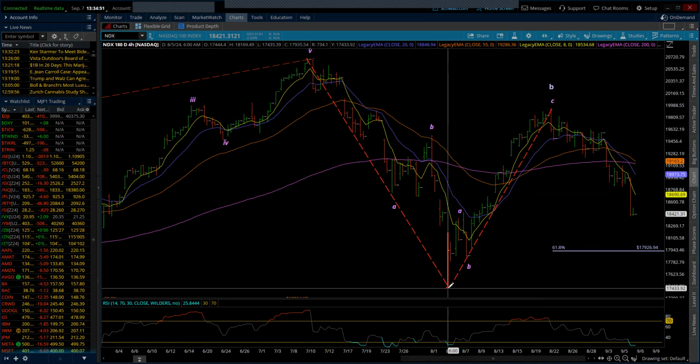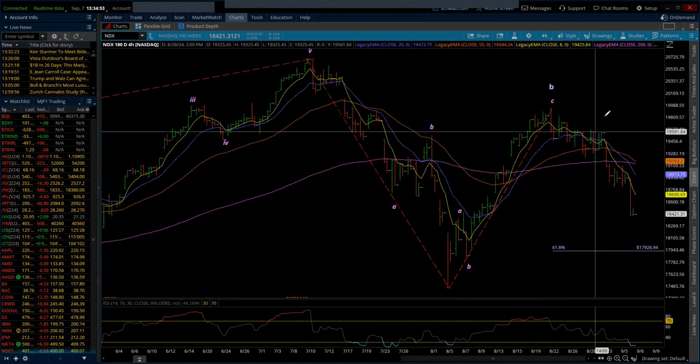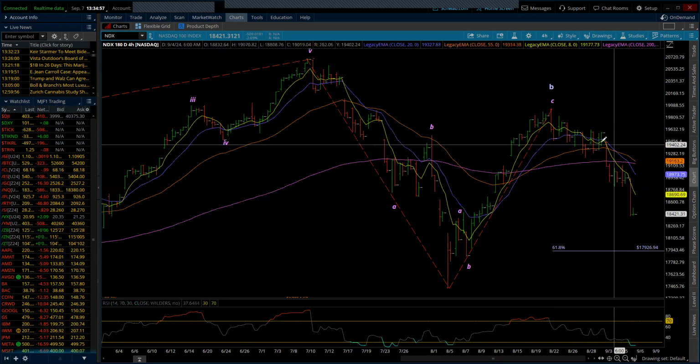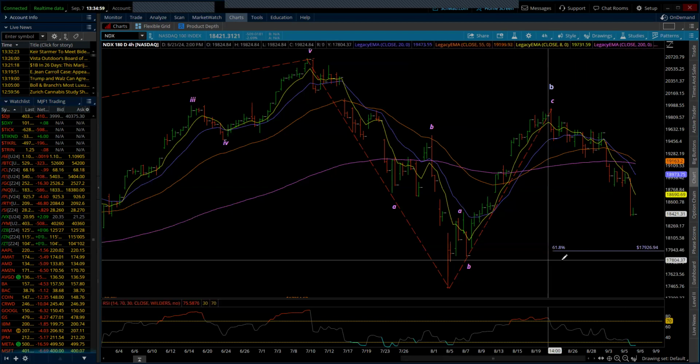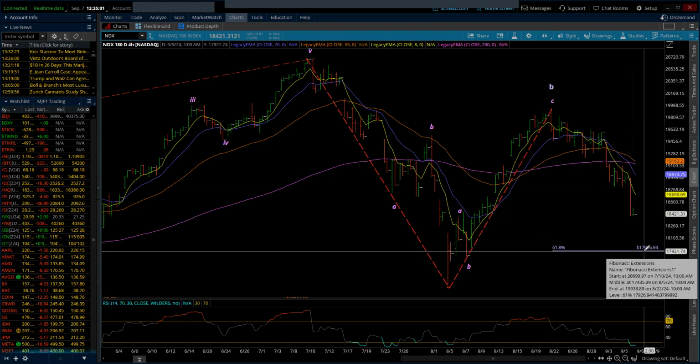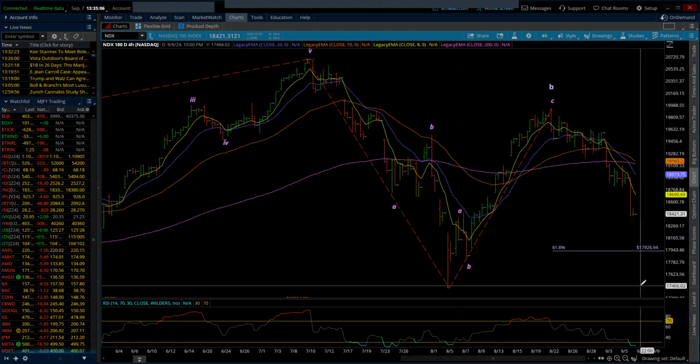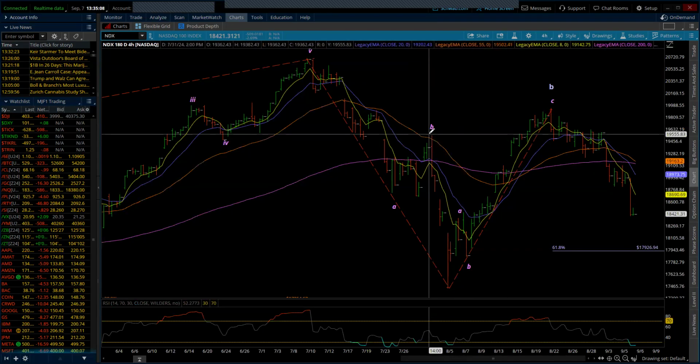Now, if I'm counting that we're in 1, 2, and we're in the third, then I think the third is extending. And so there's still quite a bit more, and maybe wave 3 comes down this low, and then we get a 4, and then we get a wave 5 that'll bring us down to here. Now, here's the other thing. It might resemble that,